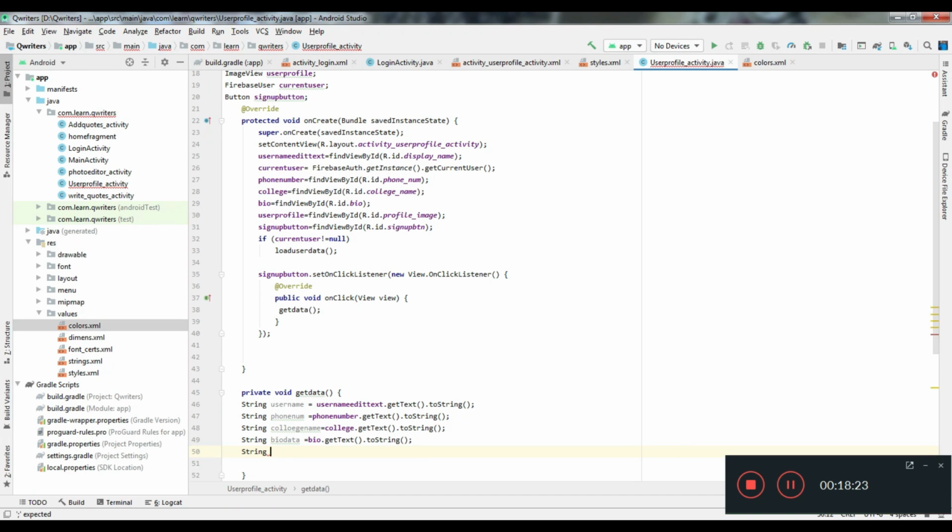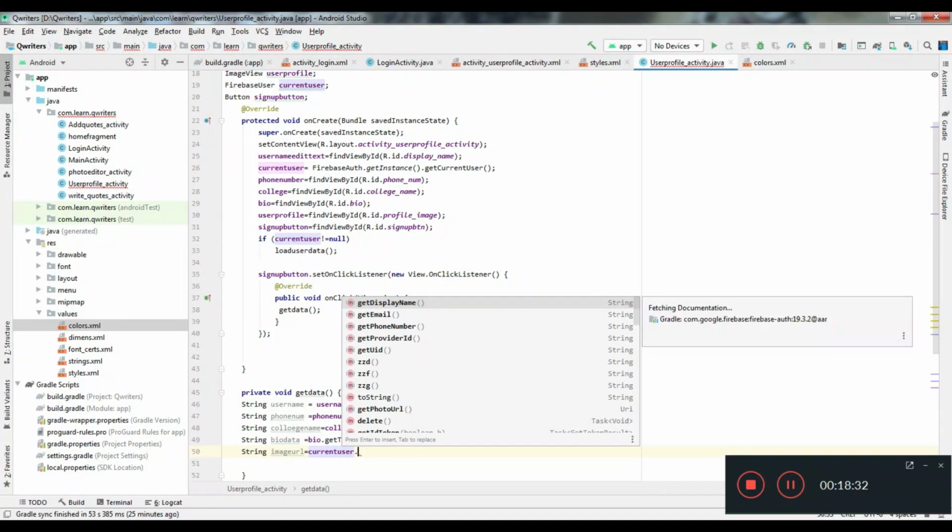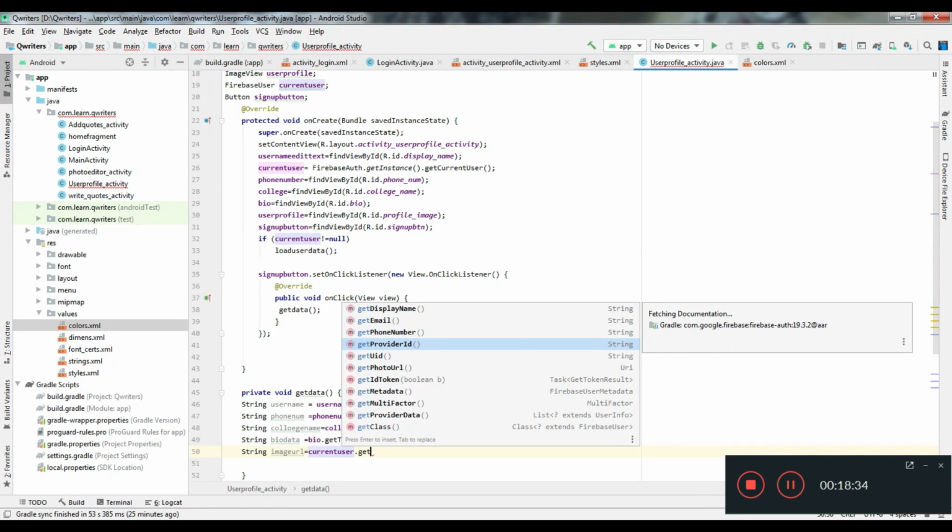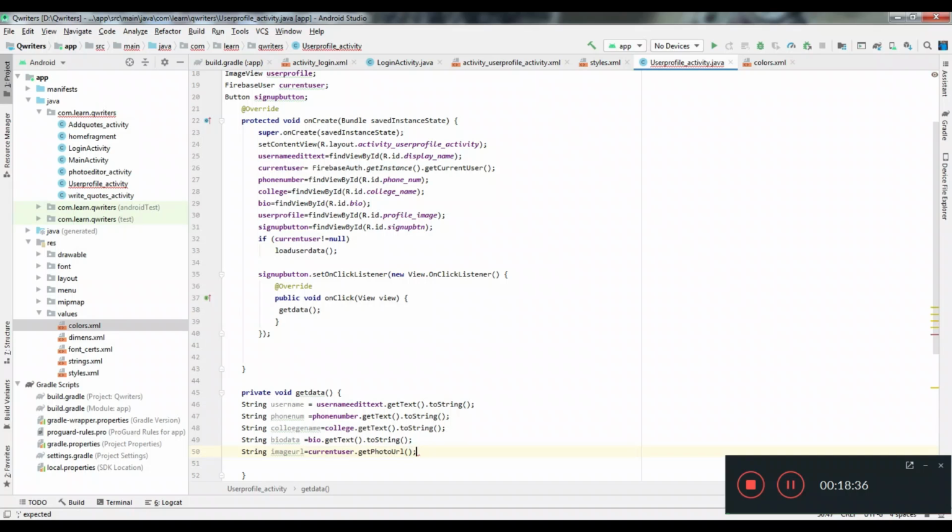So for that, image URL is equal to current user, what we have defined, who is using the app now, current user dot get photo URL, and also dot to string.